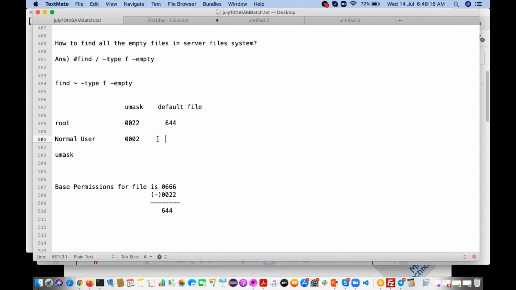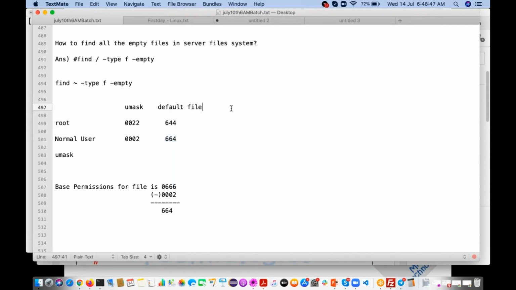Why? The default umask value for a normal user is 0002. Subtract that umask value from the base permissions, and we are going to get 664. So if you create a file with a normal user, this is the umask value and this is the default permission you are going to get.